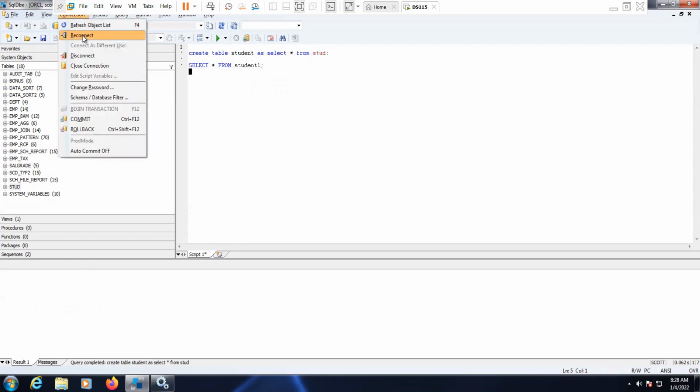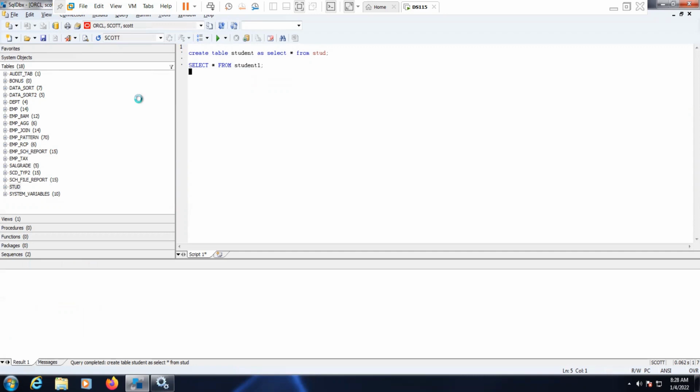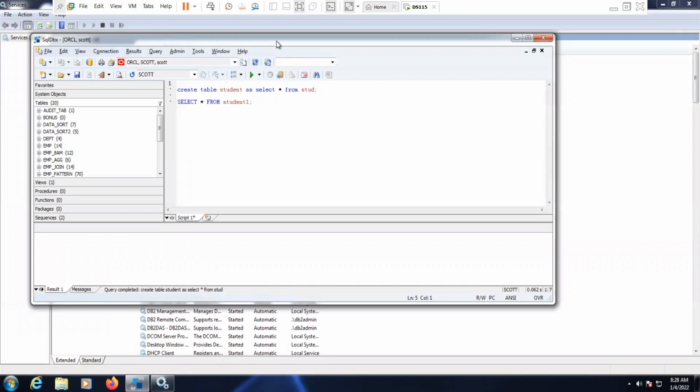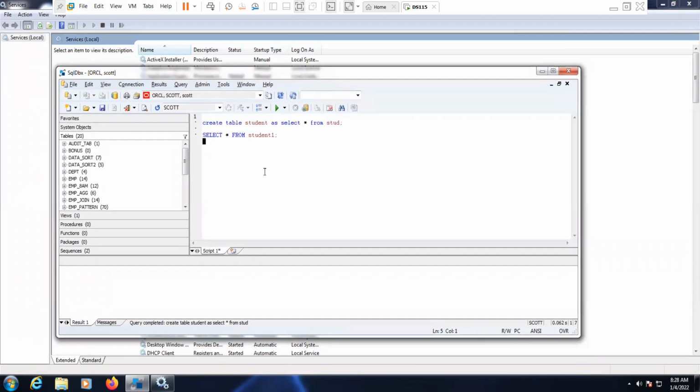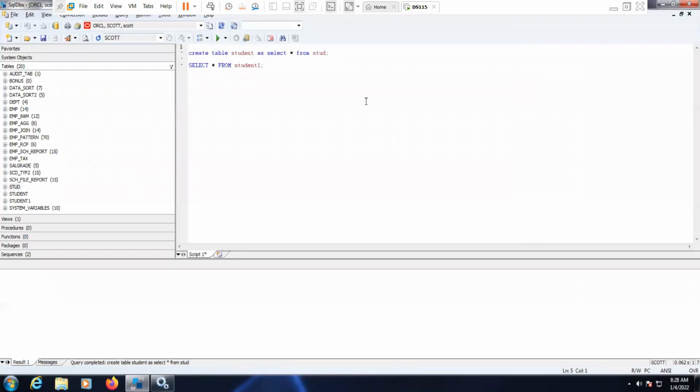To check the connectivity, you can reconnect to SQL DBX. Okay. So this is SQL DBX. I will just show this tool to you. This is for practicing on any database. You can connect to any database. Okay, it supports all traditional RDBMS databases, not cloud databases, like DB2, Teradata, Oracle, Sybase, Informix, all this stuff. So now two tables have been created.